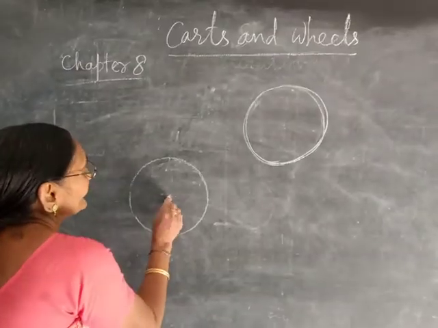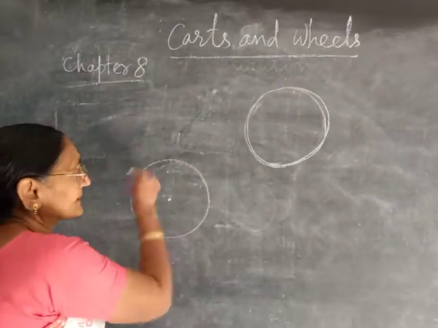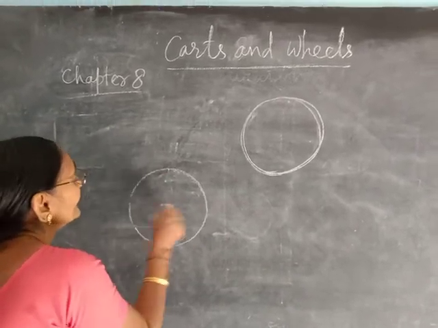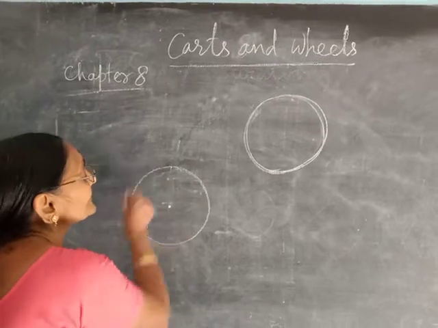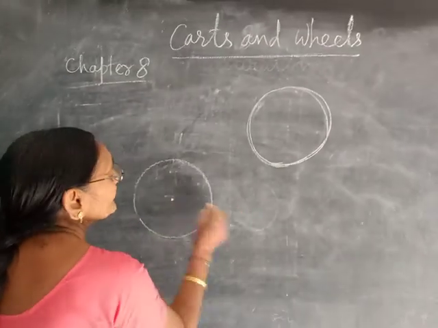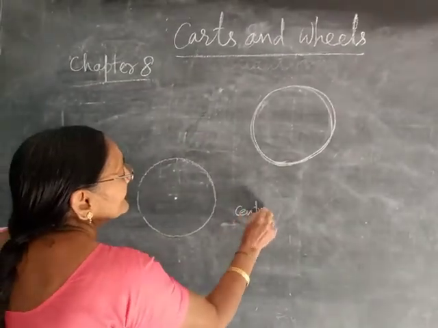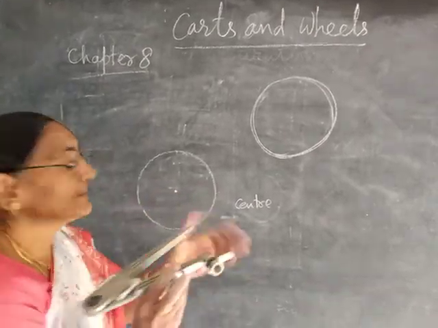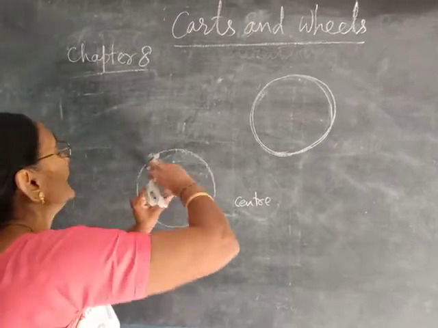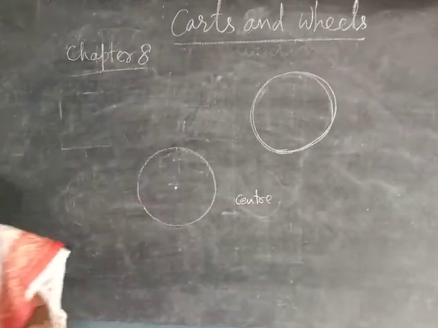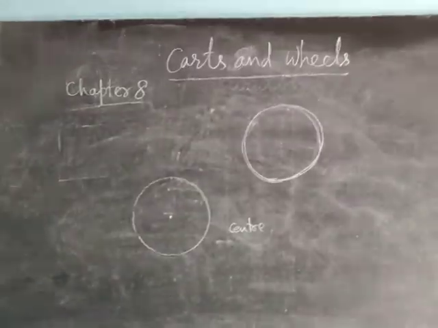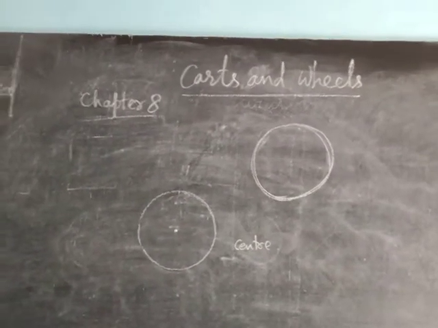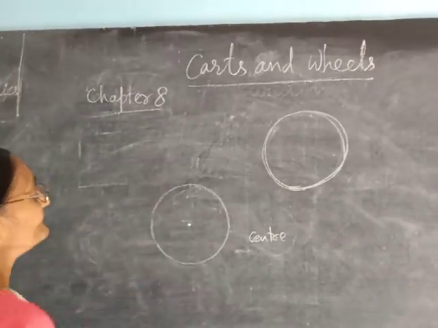This is the center of the circle. Center. This point is equidistant to any point of the circle. So this point is called the center. How to construct a circle? Understand? You take any measurement from one point and draw a line like that. Every point of a circle at equidistance from a fixed point is called the center.